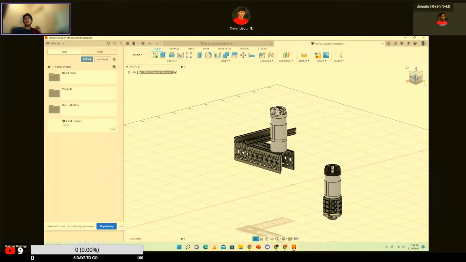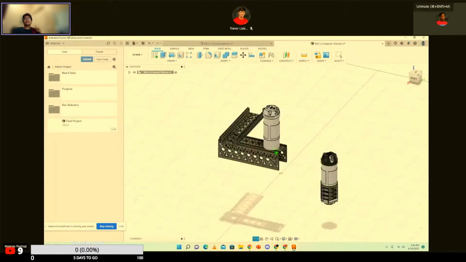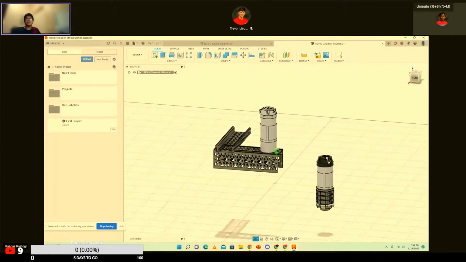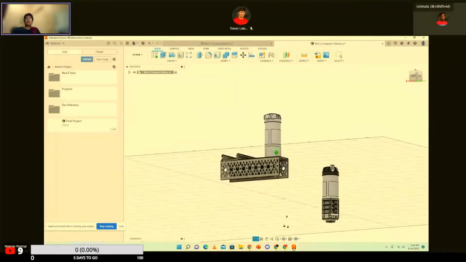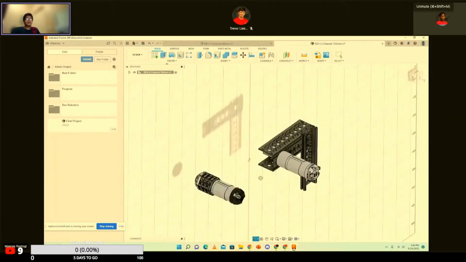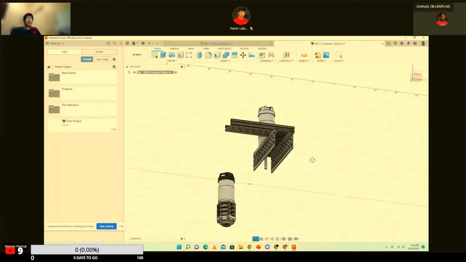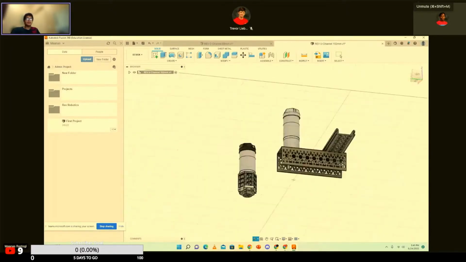So here on the top right, we have a box which you might have seen in other CADing software such as Tinkercad. This is how you could move. Personally, I feel that that's a bit annoying. I'd rather use the orbit. It locks in place to where it orbits around this point you've chosen, and you can move much more easily